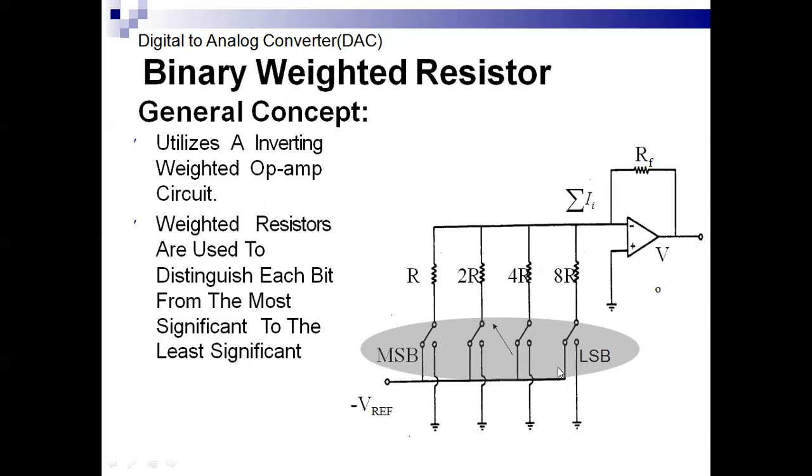Here we can say these are binary inputs from LSB to MSB. Each LSB is used with 8R, here 4R, 2R and R. This is the binary input and it is converted into voltage. It is called binary weighted resistor. Each resistor contains a different weightage.